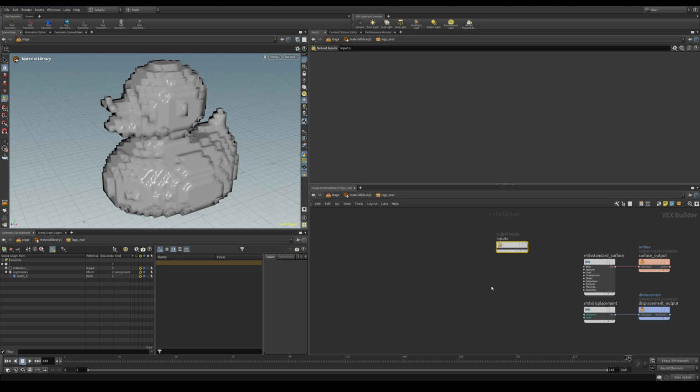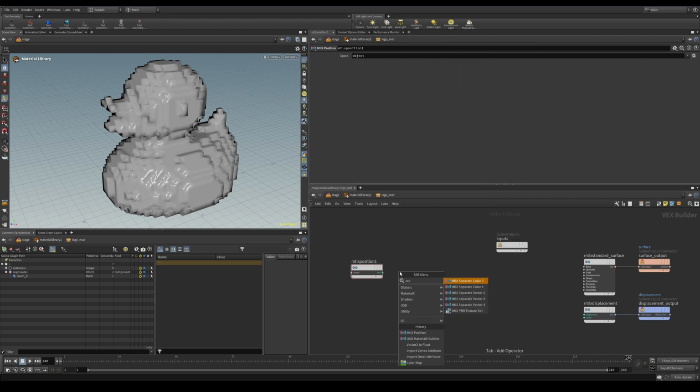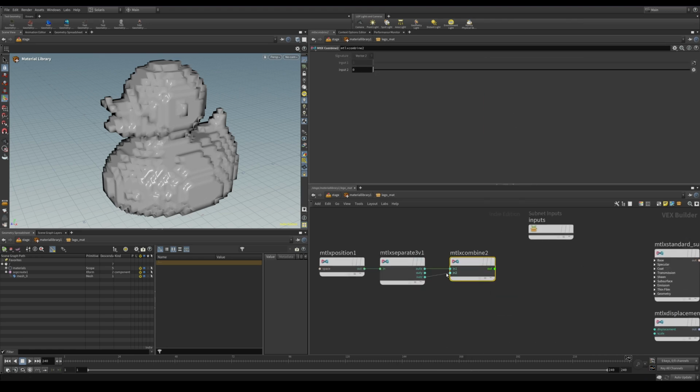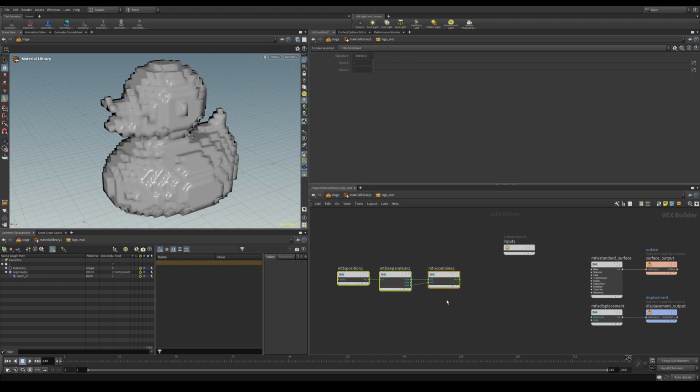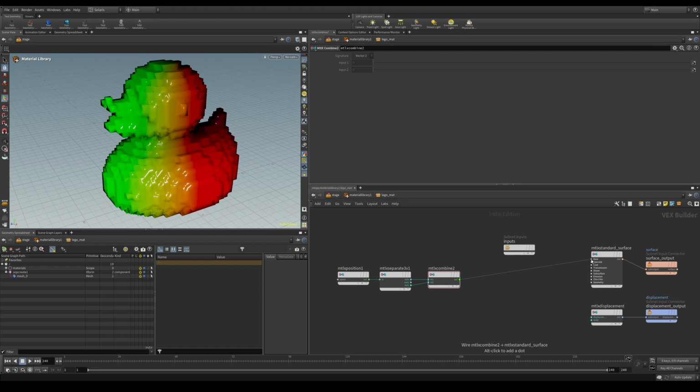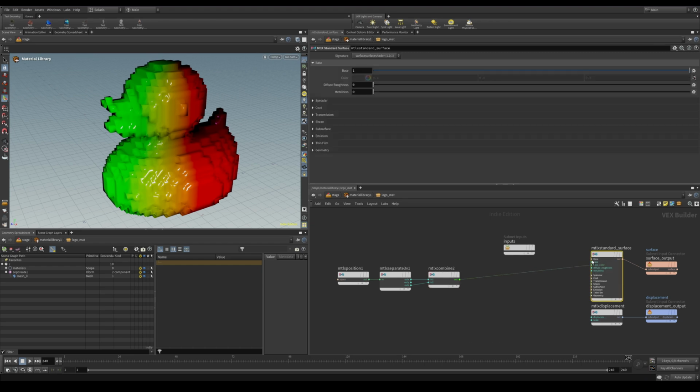Now, we don't have any UVs. We never calculated any UVs for this. So we're going to just use the position of the object to calculate some UVs and go from there. So I'm going to get the position node, and I'm going to separate out the components. For this one, we would only need the X and Z components, so I can combine those back into a vector 2. And now this essentially becomes our UVs. Let me just visualize this by plugging this into base color. I'll also expand this group. There you go. So that's what the UVs look like.